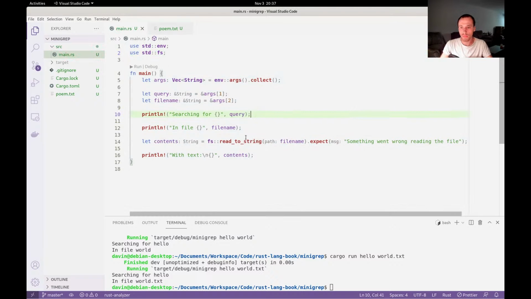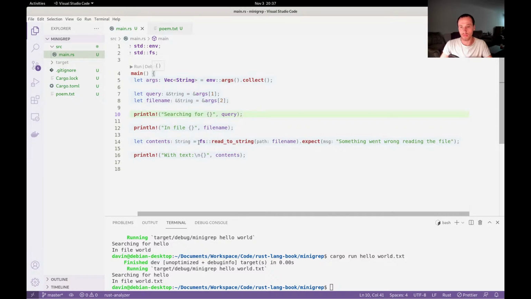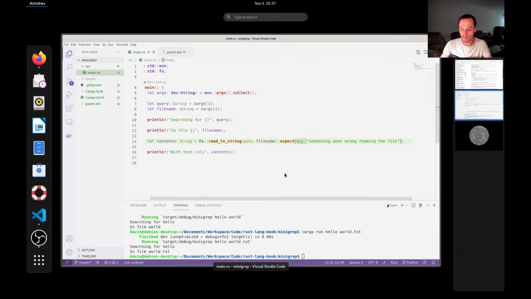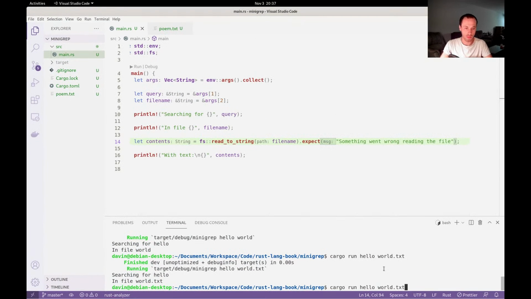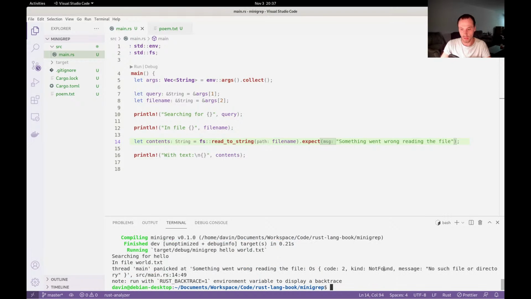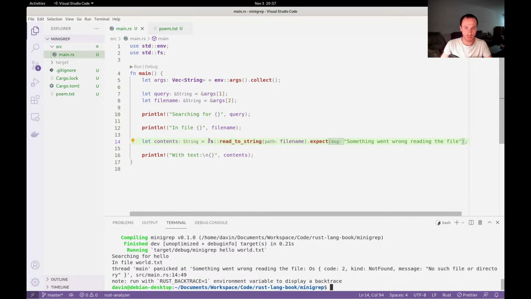So what are we doing? We're letting the contents be read to string of the file name here, the second argument, and we're going to expect. So if something goes bad, then we just say something went wrong with reading the file, and then we panic. So if I do this with cargo run hello world.txt, it's going to panic. And it panics at line 14, which makes sense because this is where we're trying to read from the file